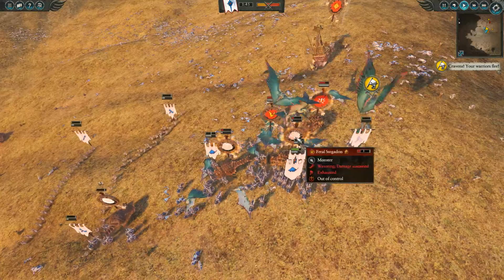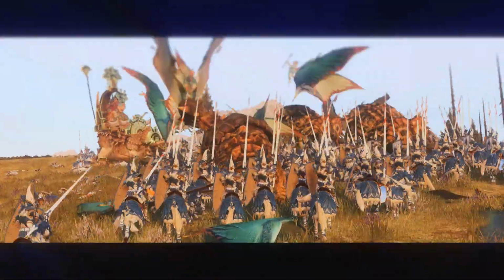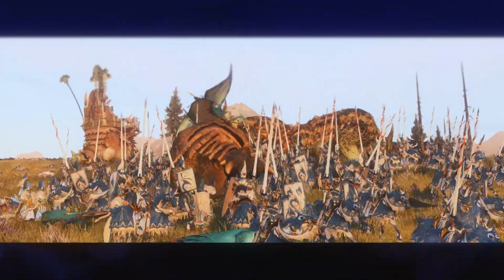No, not a Bastillodon. No, that is a Stegodon. Yeah, see what I mean? They look similar. But anyway, Mazdamundi's still got a ton of health. And, I mean, I don't really have a lot else going on. I bring some spearmen back in and things, but...